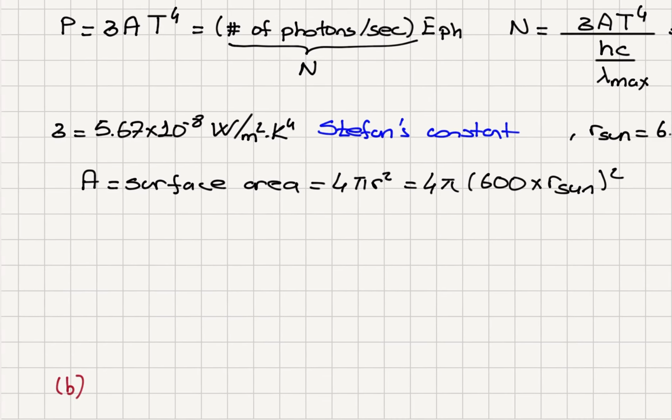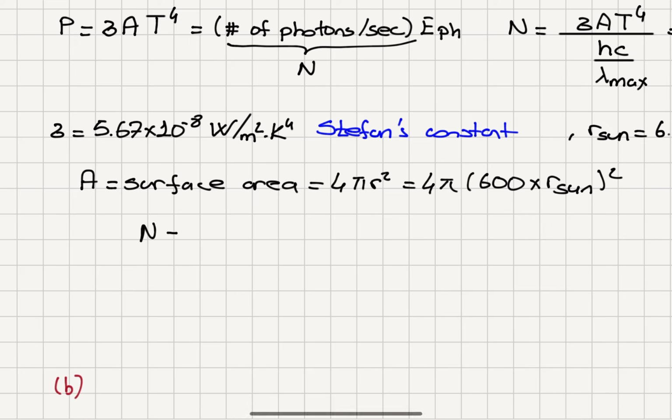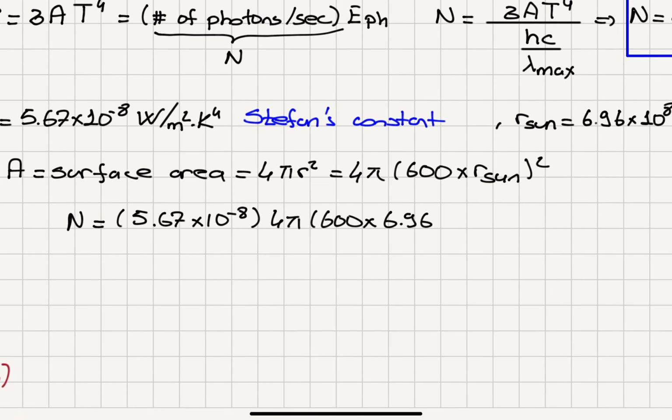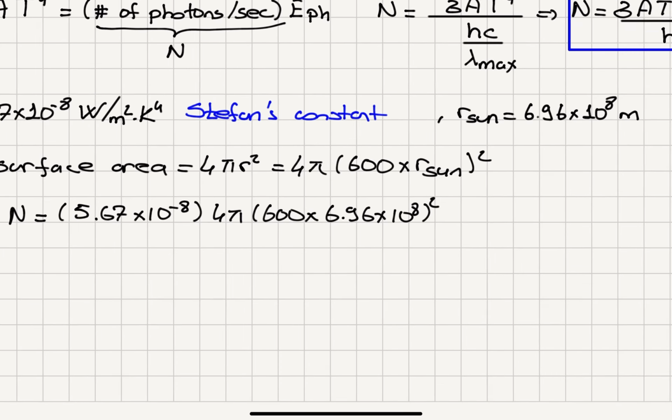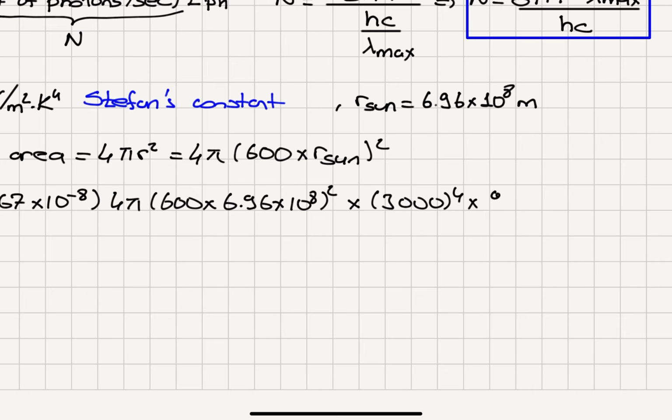Now we can calculate the number of photons emitted per second: sigma, Stefan's constant, 5.67 times 10 to minus 8, area 4 pi, 600 times the radius of the Sun, 6.96 times 10 to 8 meters, parentheses squared. The surface temperature to the fourth power, 3000 to the fourth power, multiplied by maximum intensity wavelength, 9.67 times 10 to minus 7,